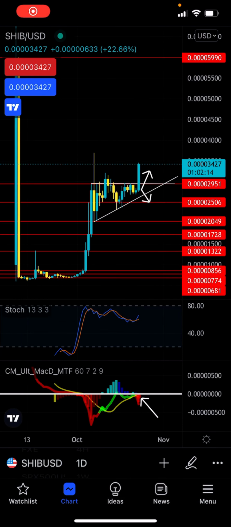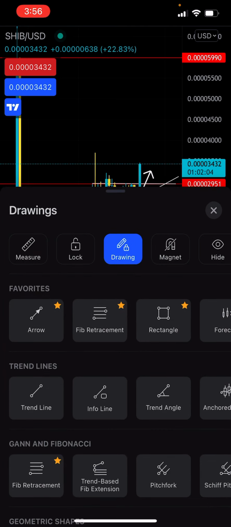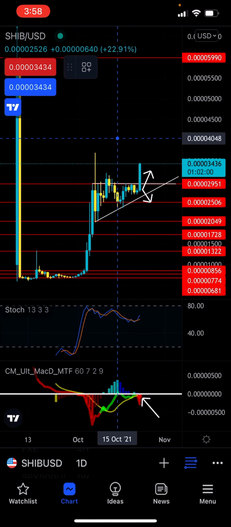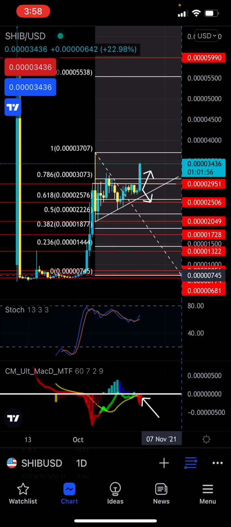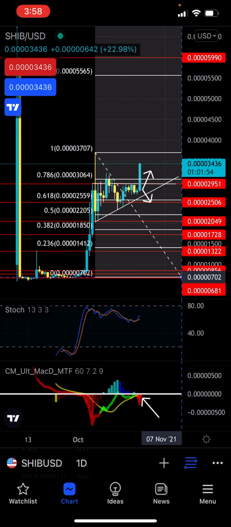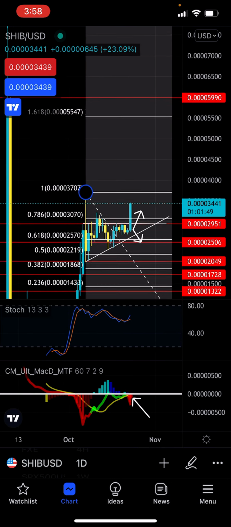Hey guys, Tony here. I wanted to show you how to use the trend-based Fib extension to predict price, and how you can use it to benefit yourself for price forecasts in general, right? So if you use a regular Fibonacci extension, you know it gives you a pretty